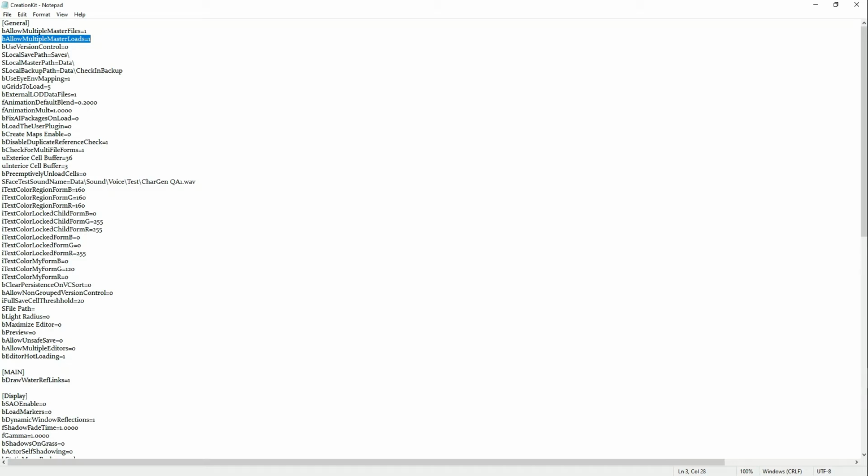Now, just to carry on, if this one here says equals 0, then change it to 1. Once you've done that, then you'll want to add in this line, bAllowMultipleMasterLoads=1. So you want to make sure that these are set up like this: bAllowMultipleMasterFiles=1, and bAllowMultipleMasterLoads=1. Once you've got that in,